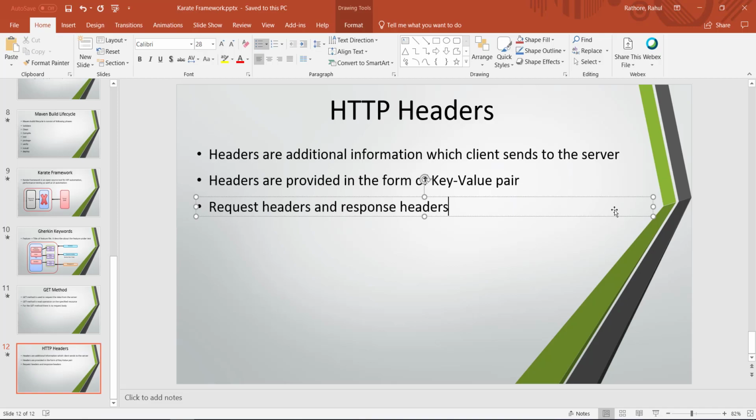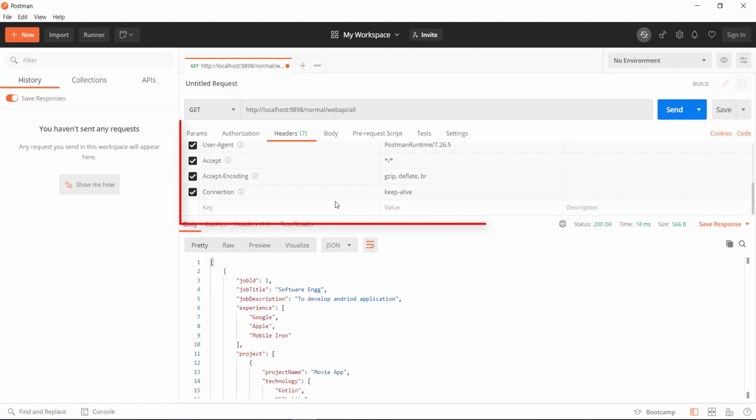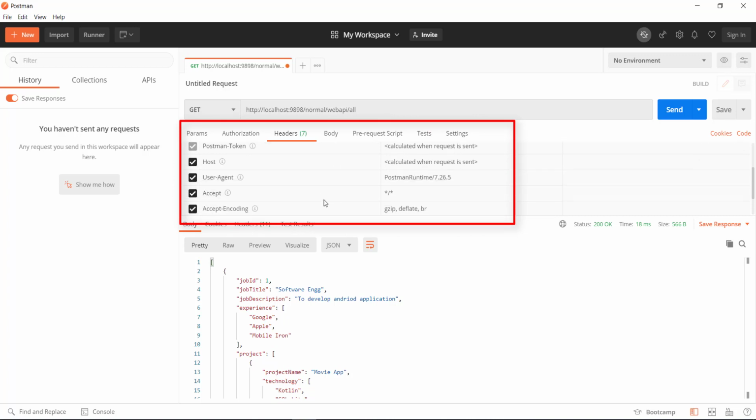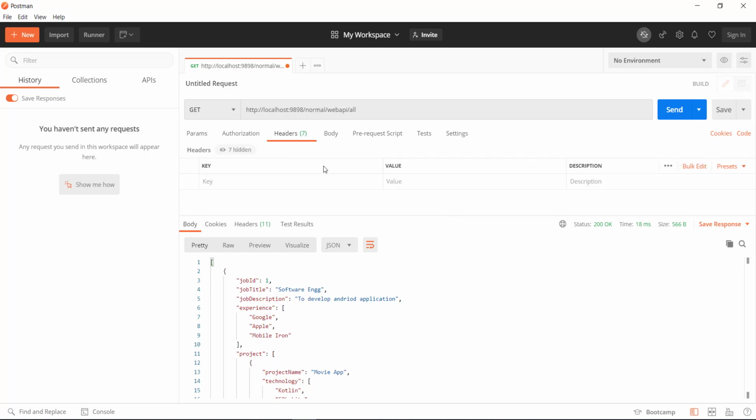So let us look at our Postman request. As you can see here, when I send the request to the server, Postman automatically attaches some headers along with the request. The test application which we are using supports two types of data format. The first one is the JSON format and the second one is the XML format.